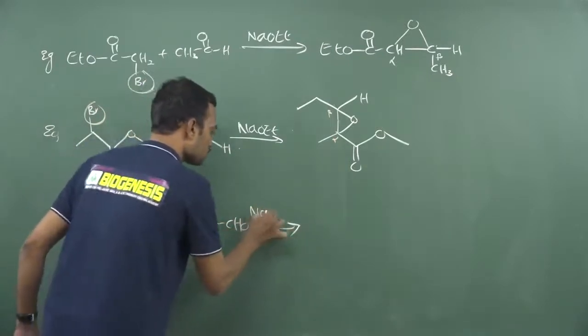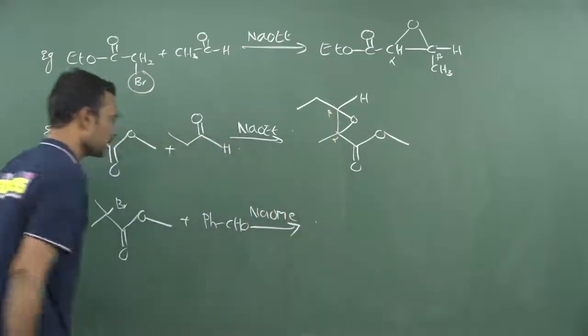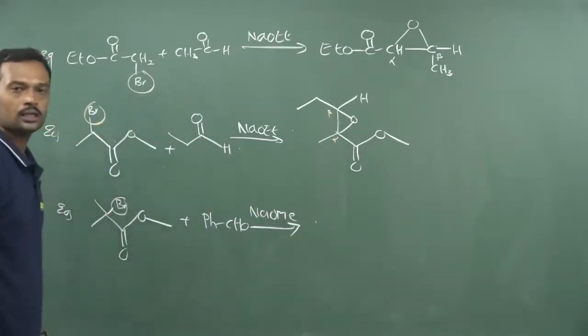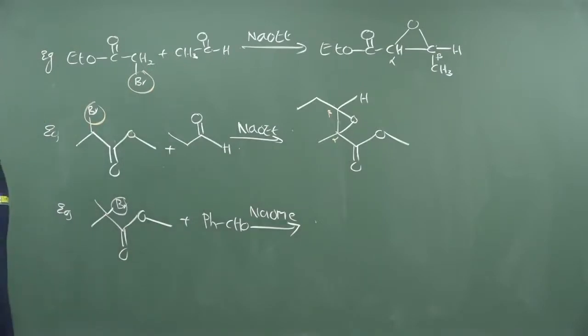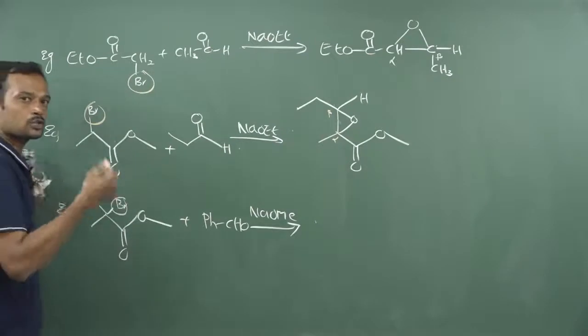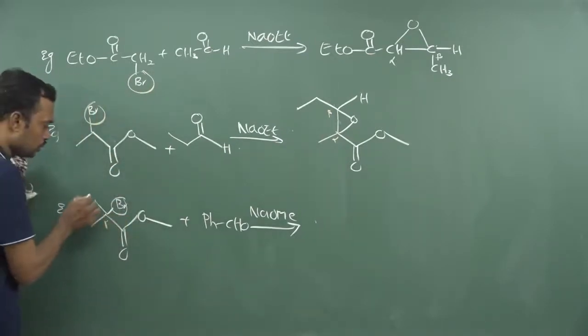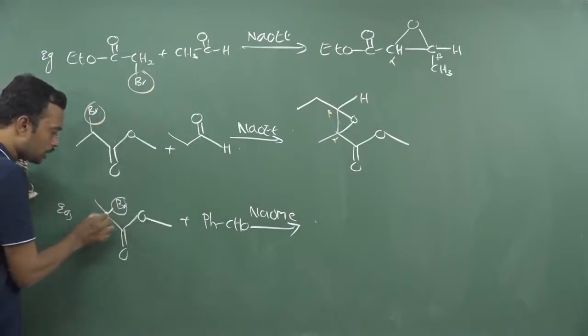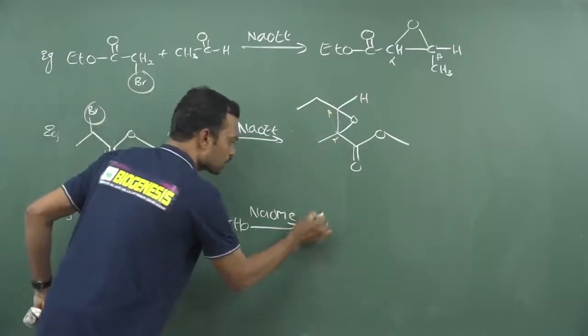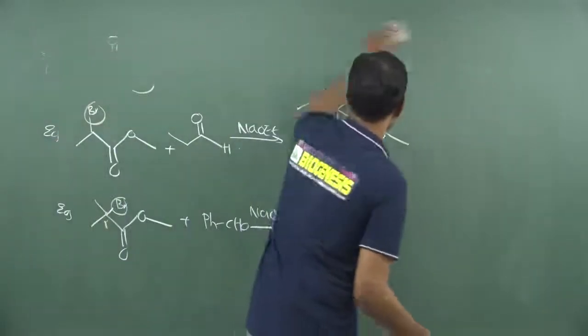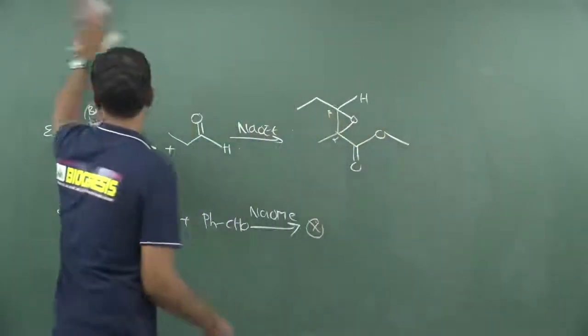Now what is the resultant answer if I use NaOMe, NaOEt like that? So predict the answer. First you write this without halogen. Before writing this, you check whether alpha halogen is present and whether alpha hydrogen is present or not. Alpha halogen is present but there is no alpha hydrogen. So this will carry methyl, methyl, bromine, and here there is no alpha hydrogen. So the reaction does not exist. No reaction. So blindly we can say reaction is not expected.